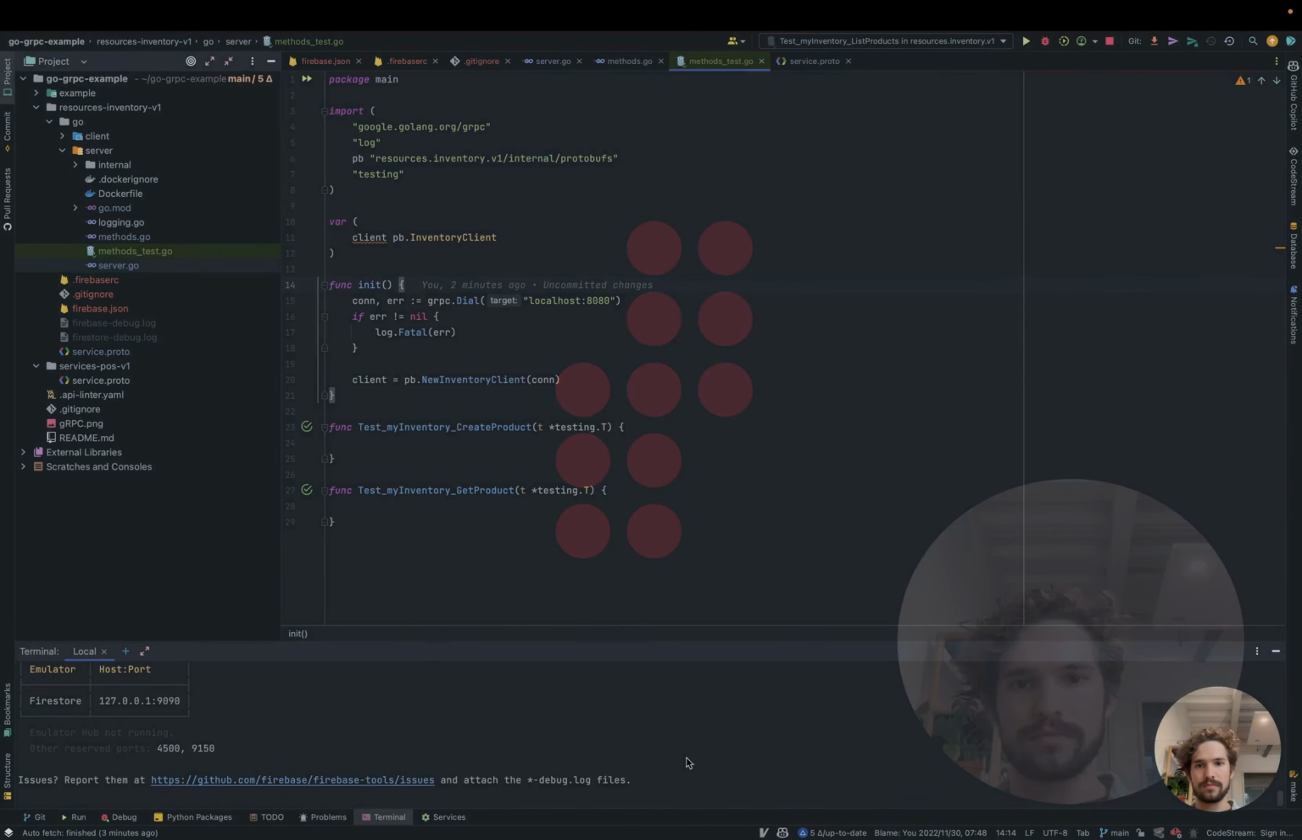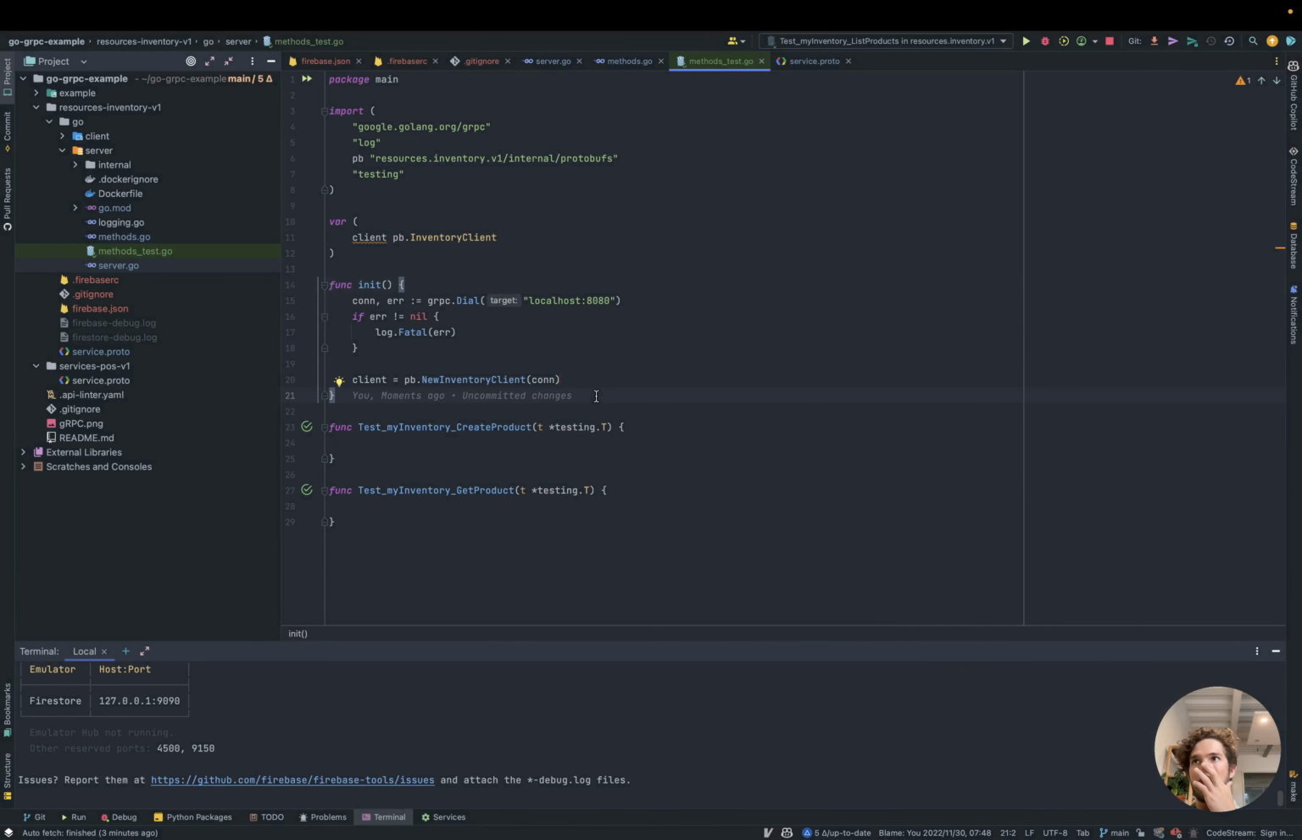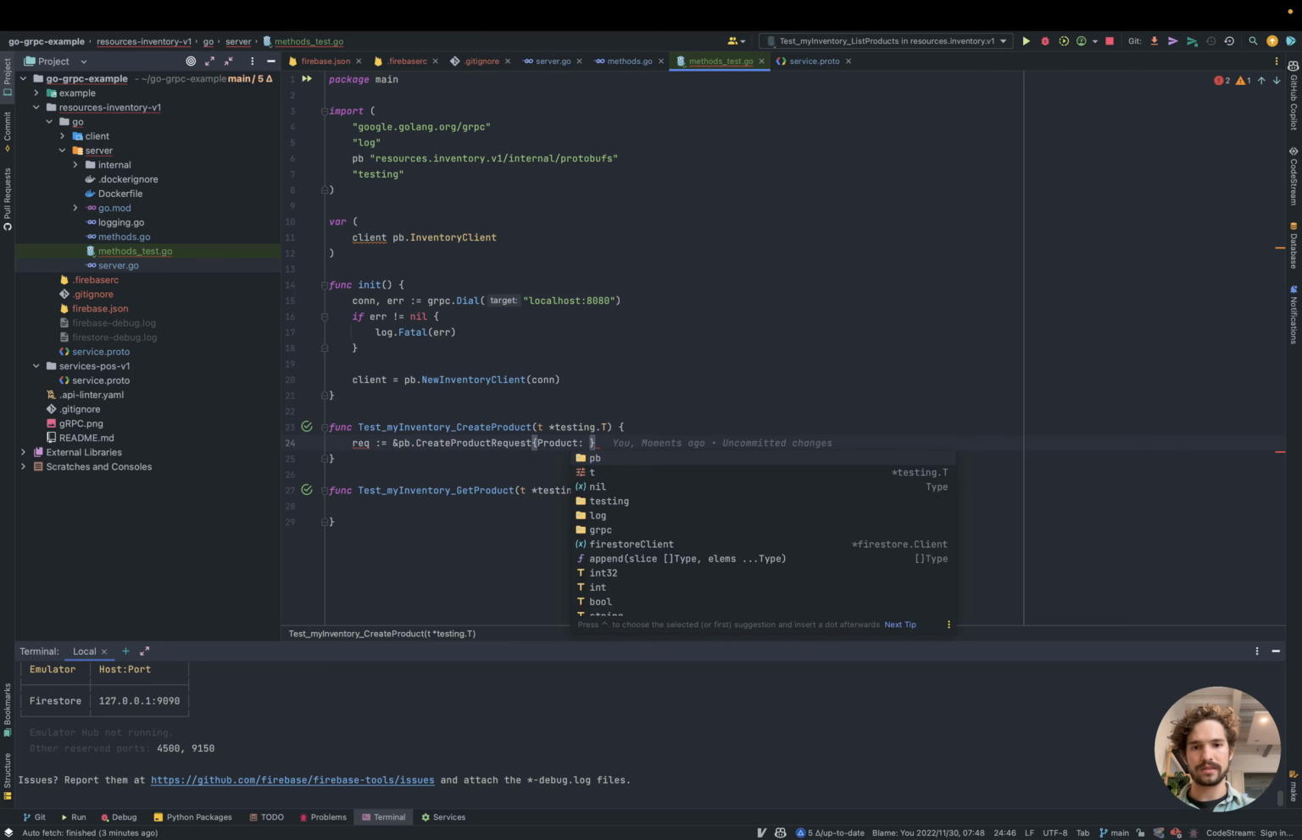So now, let me just show you guys, sorry. So yeah, that's our client set up for the inventory server. And so now we can actually call the create and get methods on this client. And so we'll set up the request message for a create product. And the way that's going to look is a CreateProductRequest